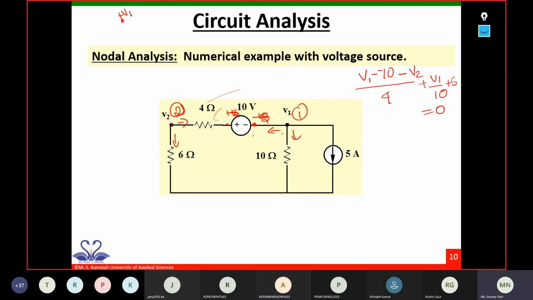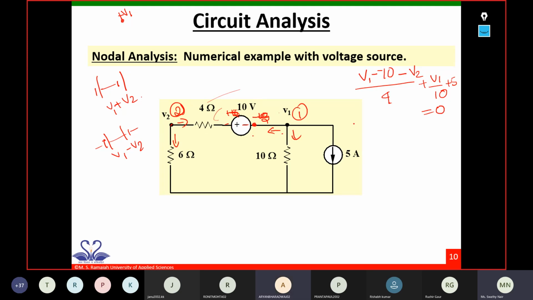Because here it is like two voltage sources connected like this. If this is the case, it will be plus, V1 plus V2. If this is the case, it is V1 minus V2. This is actually the logic used here. So in nodal analysis, in your way, if negative is coming, then you have to put minus 10.